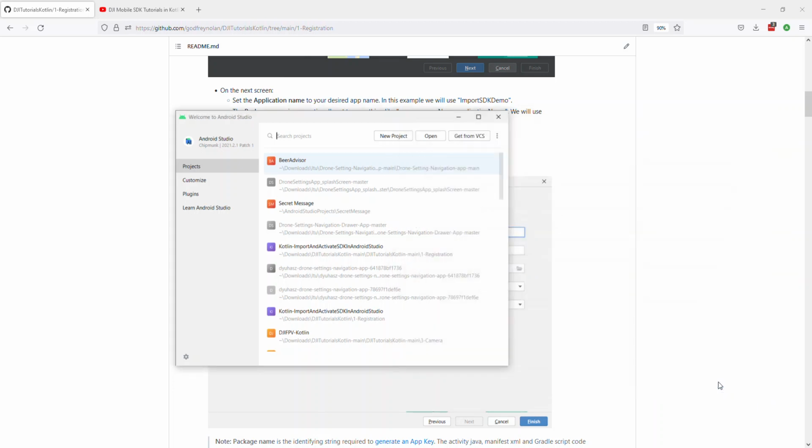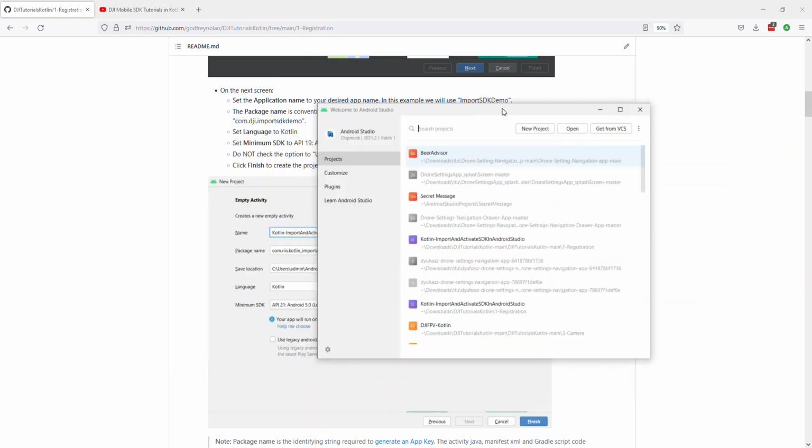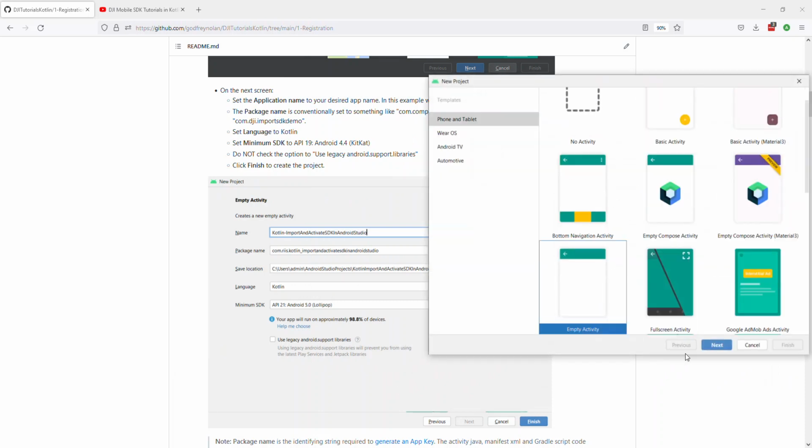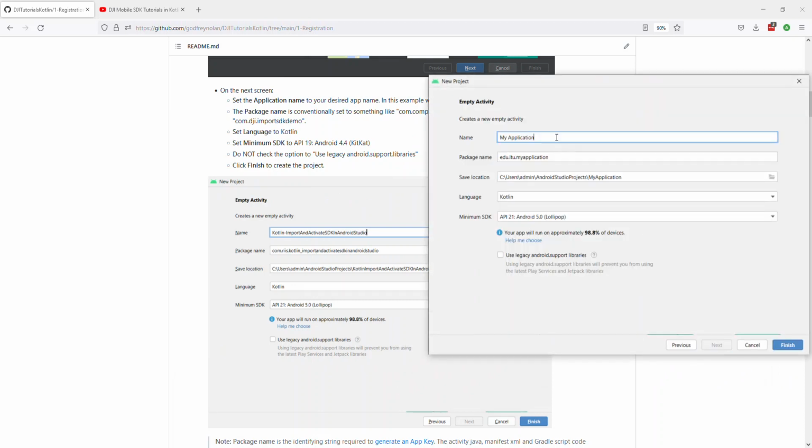Cancel. Let's get this out of the way. Just take our time and do this correctly. New project, empty, next. I don't know why I called it such a long name, but hey, that's what it's asking me to do. Kotlin, import, and activate